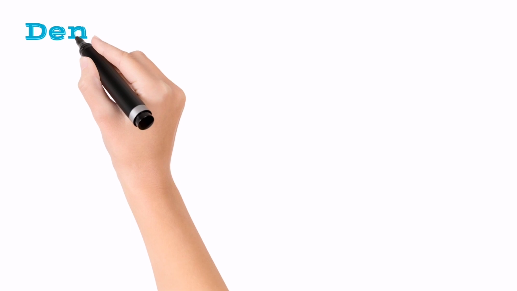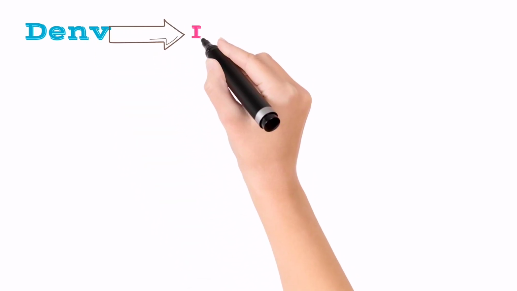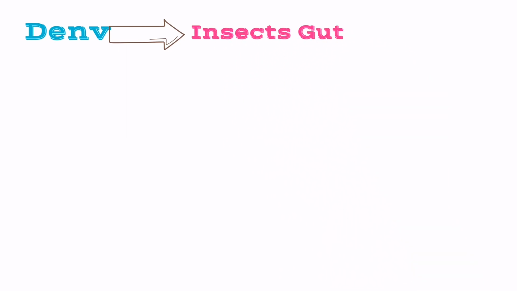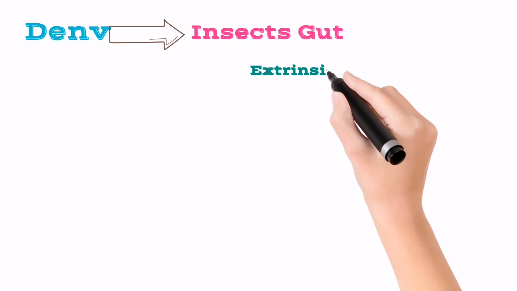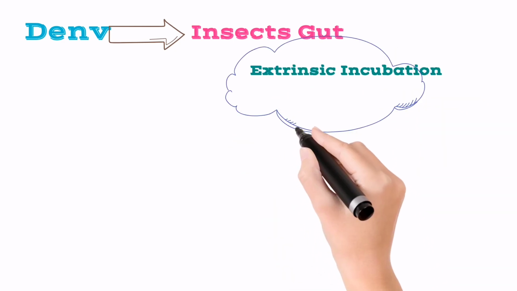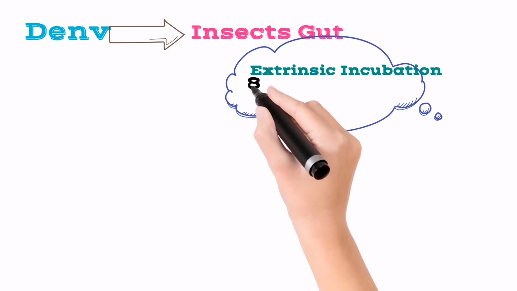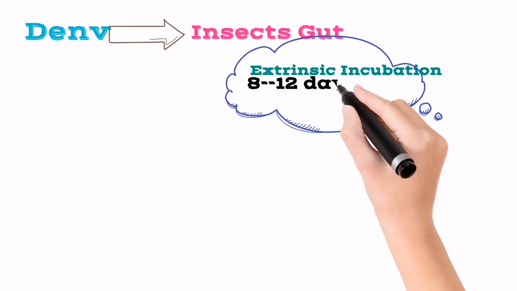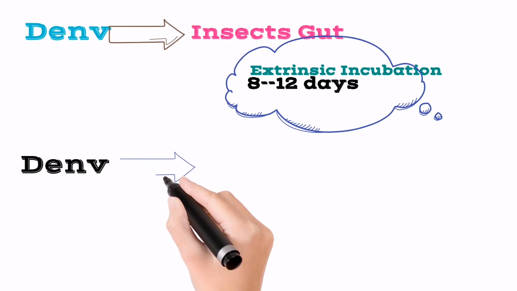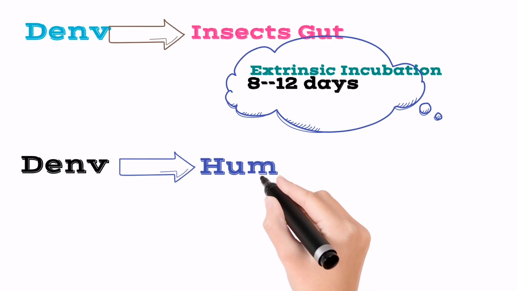When the mosquito bites the infected individual, it takes the virus from the person. This virus then incubates in the mosquito gut. This incubation is called extrinsic incubation because it happens in the mosquito, not in the person, and it takes 8 to 12 days. When this mosquito, which got the virus from the infected individual, bites a healthy person, it transfers